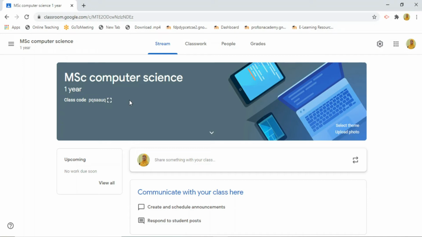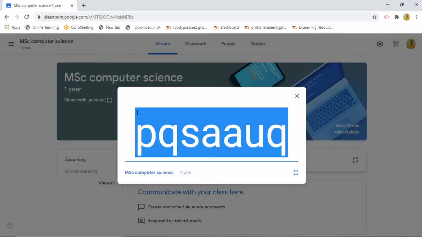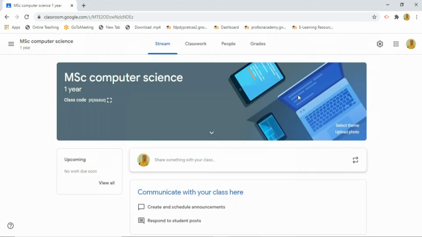Here you can see the class code that is created automatically. You can share this class code with the students you want to add to your classroom. There are two ways in which you can add students to the classroom. This is the first way, and further I will show you the second way.